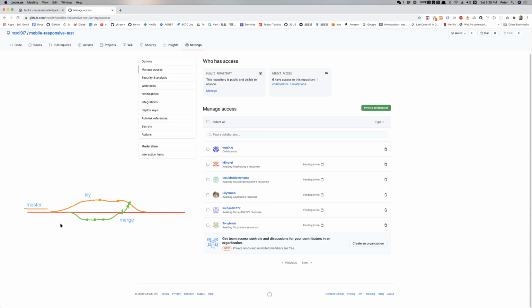Imagine we have another branch that started even before Lily did. Okay, and say this is Brian. And Brian did some really fast work, okay? Brian only had to change a button's color, okay? So that's all Brian did. So Brian is pushing it back in. Okay, when Brian pushes it back in, does Brian need to get anyone's update? No, because Brian is the first one to merge it back into the master branch. So there were no other updates made before Brian did, okay?